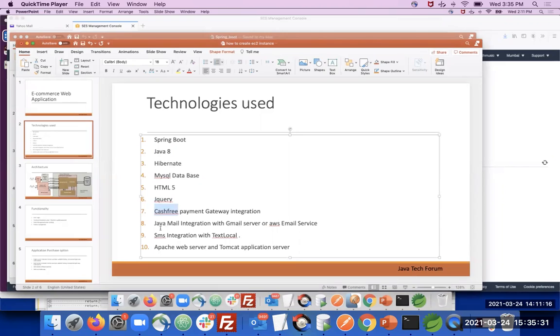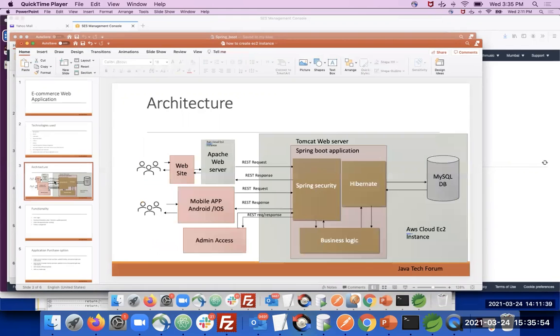For SMS integration we have integrated with Textlocal. For the web server, I used the Apache web server and the Tomcat application server to deploy our Spring Boot applications. Okay, so let's see that architecture.